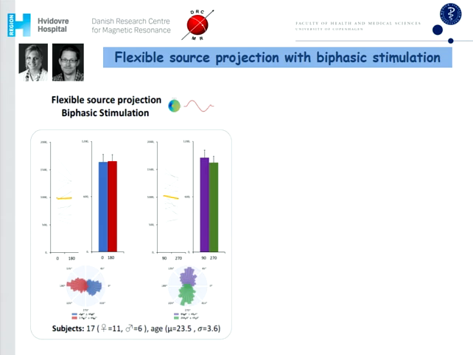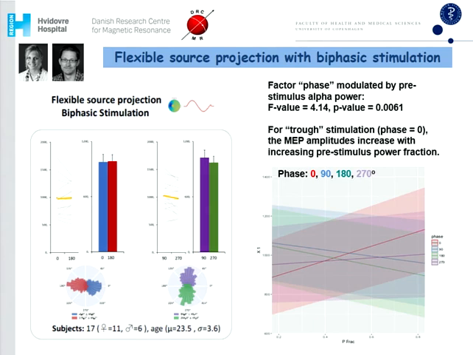Here we didn't find any effect on the MEP amplitude, so there was no effect of phase for any of those phases if you use just a simple random effects model. If you use a kind of model where you actually implement the power and have the power as an exponential variable, there was actually a factor of the phase modulated by the pre-stimulus alpha power. And you can see this here, the red, here you have a positive slope,